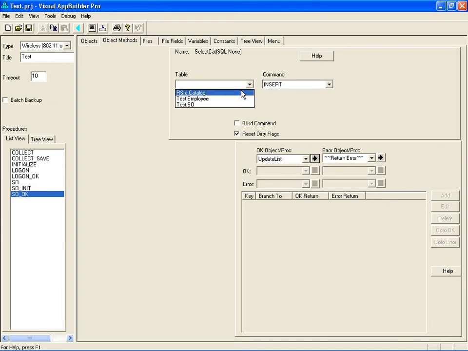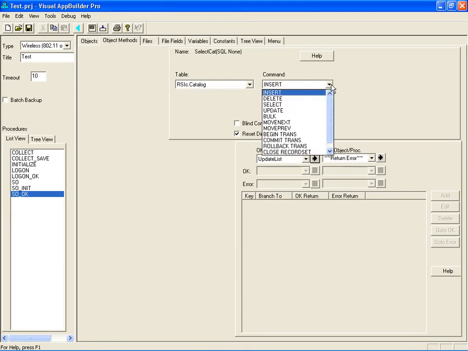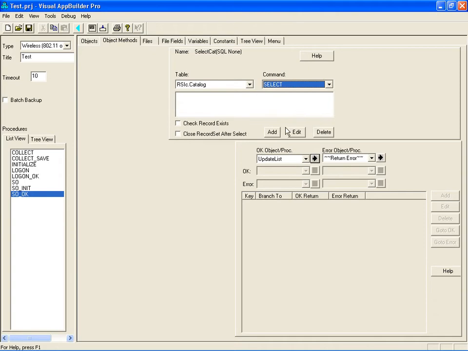All the names of the SQL tables that we've imported into our project will appear in the drop-down list, along with all of your standard SQL verbs or actions, commands that you can perform, including some rather exotic things about beginning a transaction and committing transactions and rolling back transactions. These are all supported by ODBC, and therefore we support them here in the Visual App Builder environment. Here we're simply going to select,